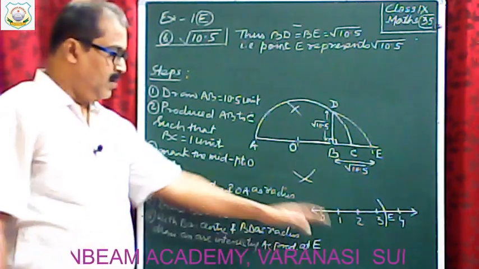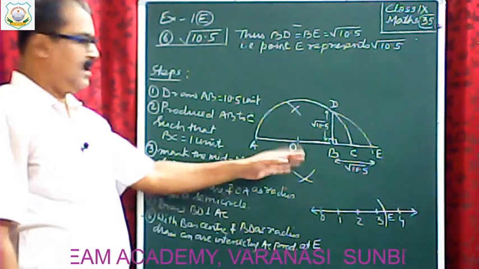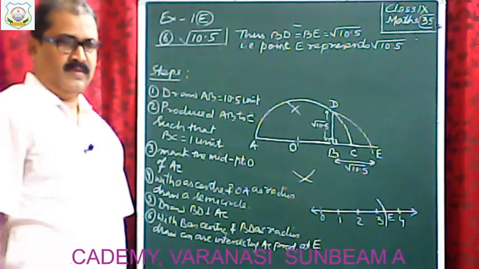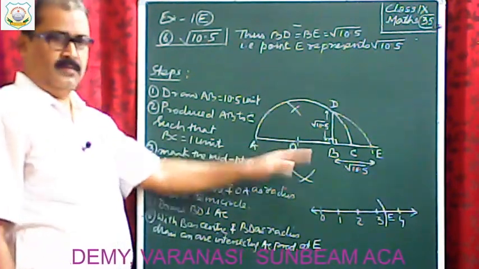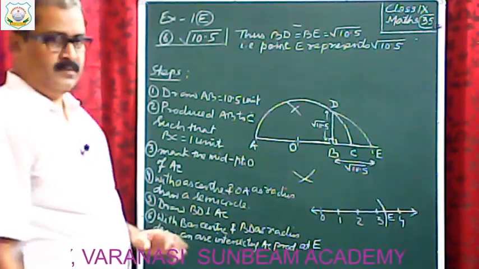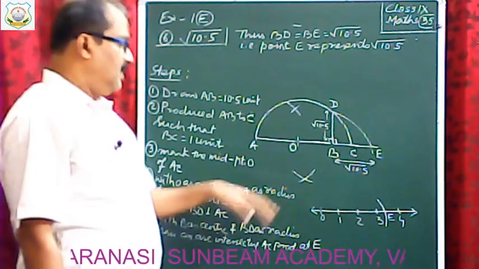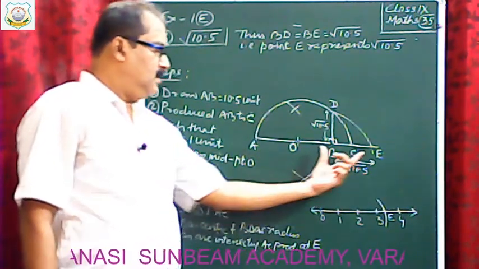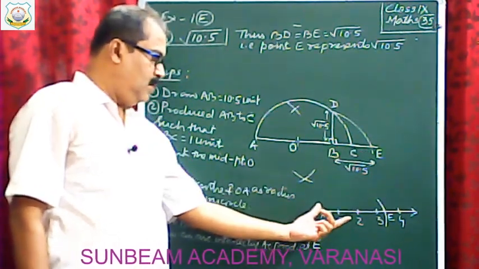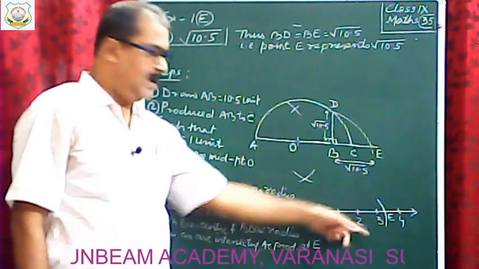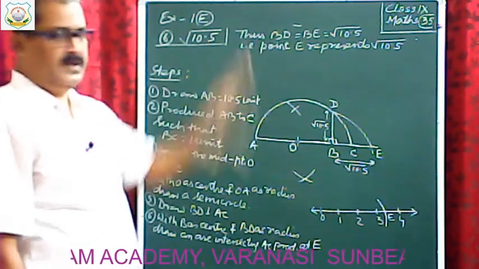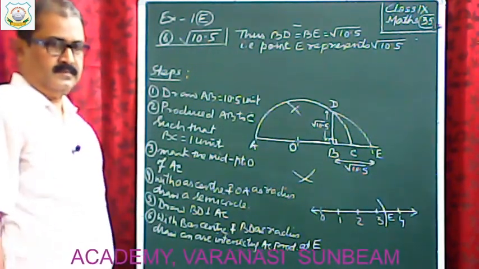The number line you have to show again, and thereafter you have to mark that point on number line representing square root 10.5. Clear? So after doing this, you have to draw on number line taking 1 centimeter equal to 1 unit, that is more comfortable. Taking radius BE, the length of BE as radius, point 0 as center, you have to draw an arc intersecting the number line. At the same point you have to write E. So point E represents square root 10.5. Clear?